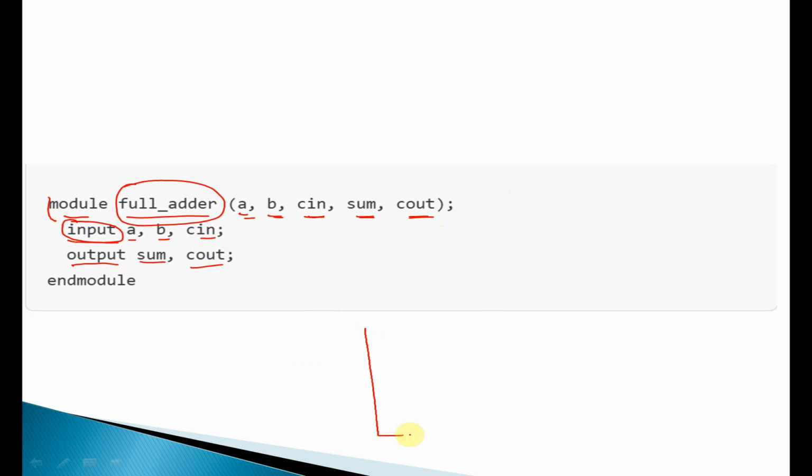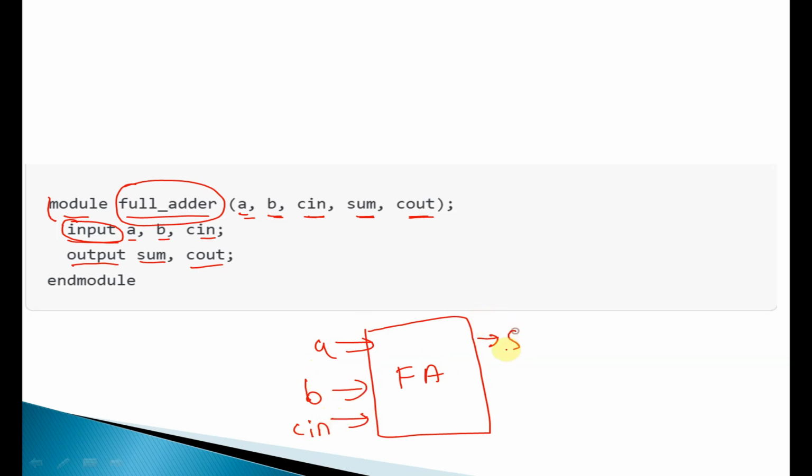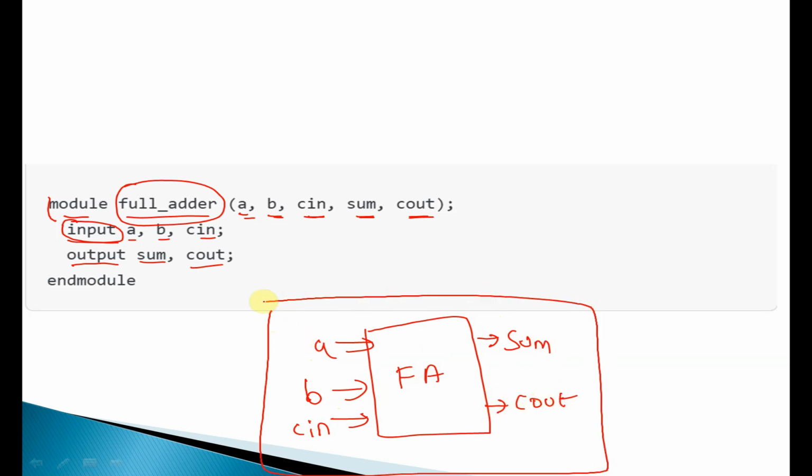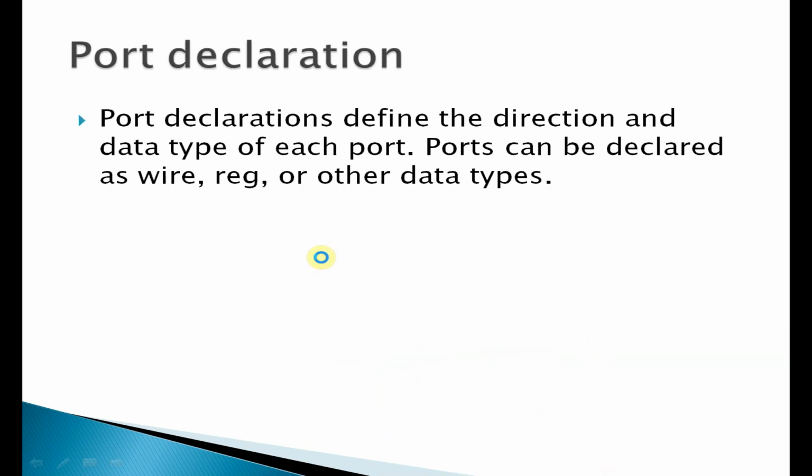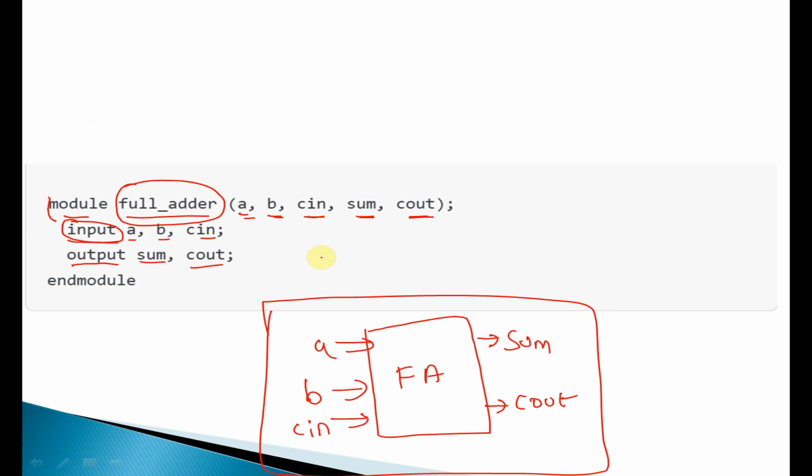Okay, so let's say this is your full adder module, and for this full adder module you have A, B, C in as your input ports, and sum and cout as your output ports. So this is how you can mention your ports. This is one style of writing or mentioning your ports. And another style of mentioning your ports is module